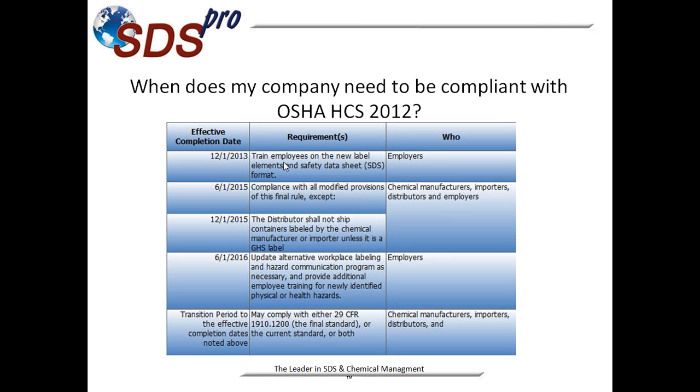One of the misconceptions from a lot of folks calling in to SDSpro is they want to become GHS compliant, and they want to become GHS compliant now like a light switch on and off. And that's simply a fallacy. That just can't happen. You're as good as your weakest link as a chain, and as far as you becoming GHS compliant, it is a process, and that process is right now until June, and even after June 1st, 2015, I would imagine. And that is a matter of you getting SDSs when you can, but realizing that